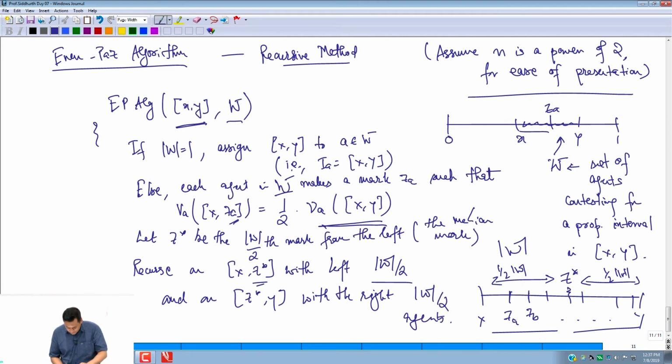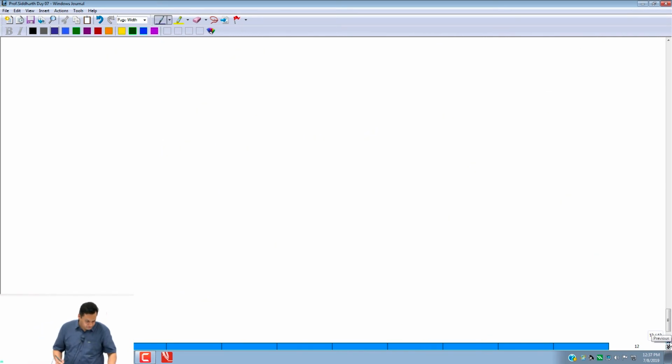I hope the meaning of left half of agents and right half of agents is clear. It's just that agent A, whose Z is less, goes in the left half. If Z_A is here, the mark is to the right, the agent goes to the right. Okay, so yeah,